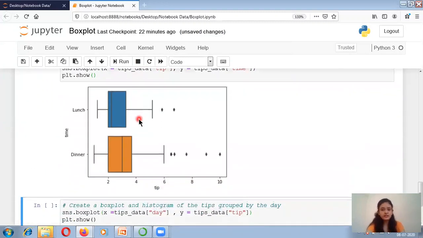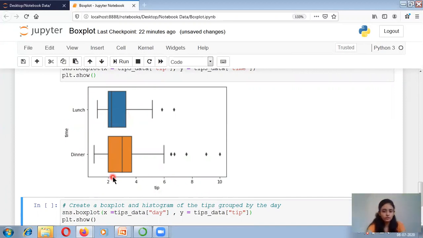For clear understanding, this is my tips data set. On the x-axis I have tips, on the y-axis I have the time, that is whether it is lunch time or dinner time. You can see that at dinner time, people give more tips compared to the customers coming during lunch time.